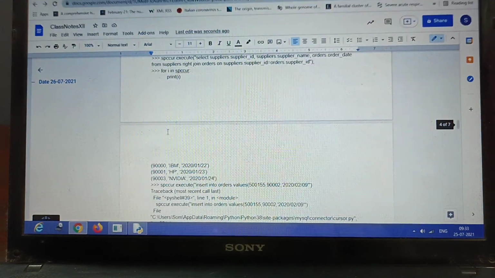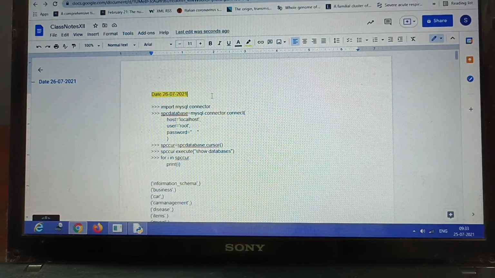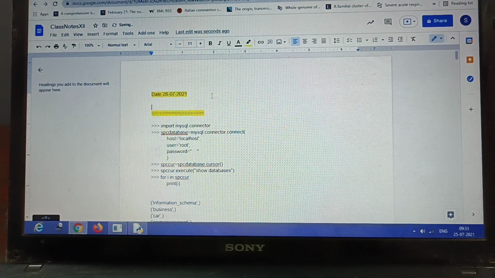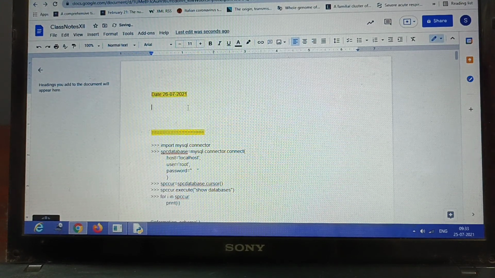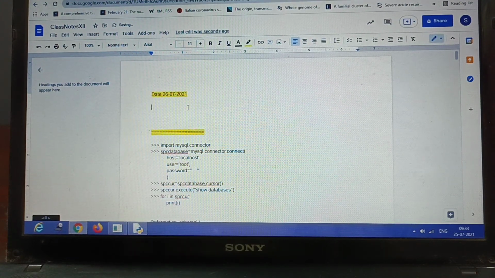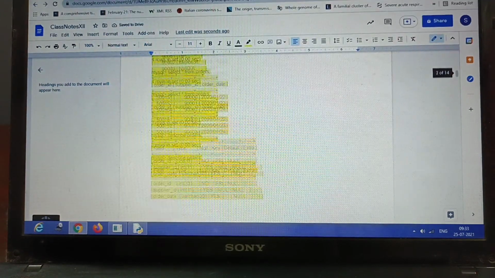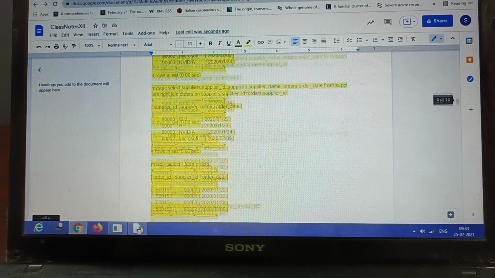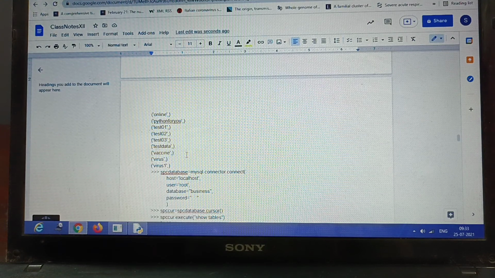First we are placing the notes of MySQL, and then subsequently the notes of Python. Please go through it, students. You can see in yellow color all the MySQL notes, and subsequently you will see the execution of all these things that we have done in Python.